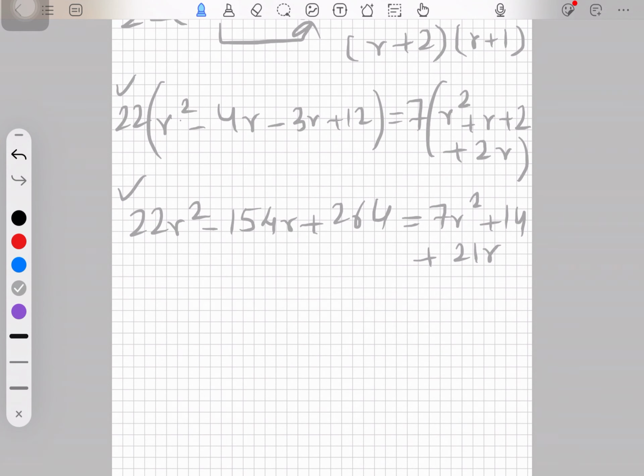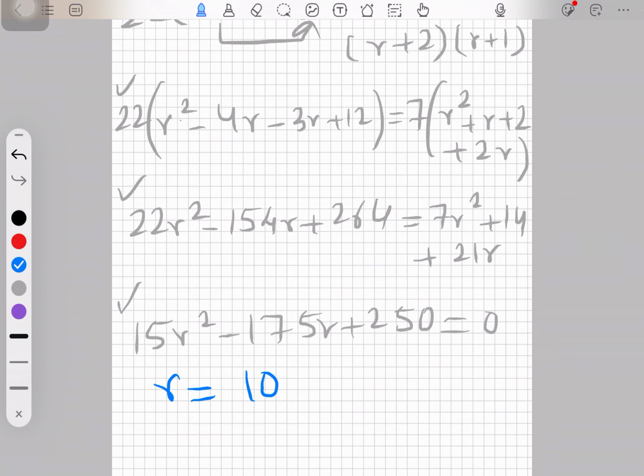And if you rearrange them and do further calculation, finally you get a quadratic equation, that is 15r square minus 175r plus 250 is equal to 0. And if you find out the value of r, you get two values. Let's write it properly. r is equal to either 10 or 5 over 3. Now, there's only one correct answer, and the correct one is 10, because if you use 5 over 3 as the value,